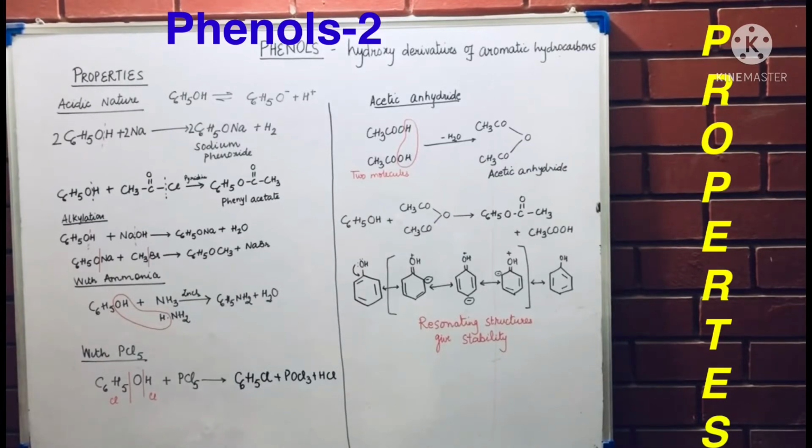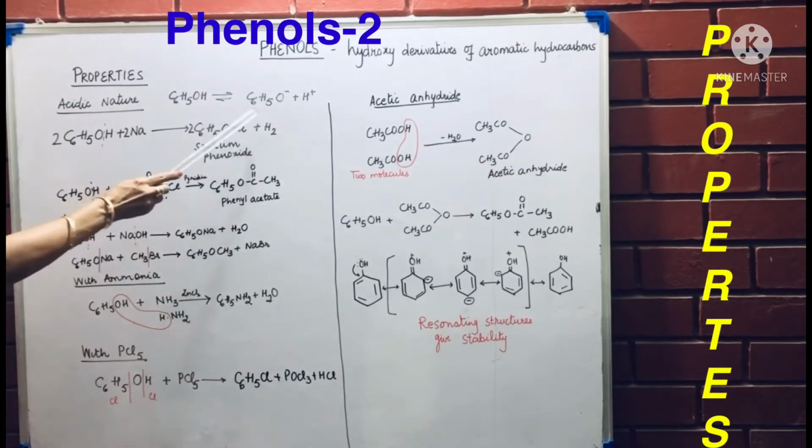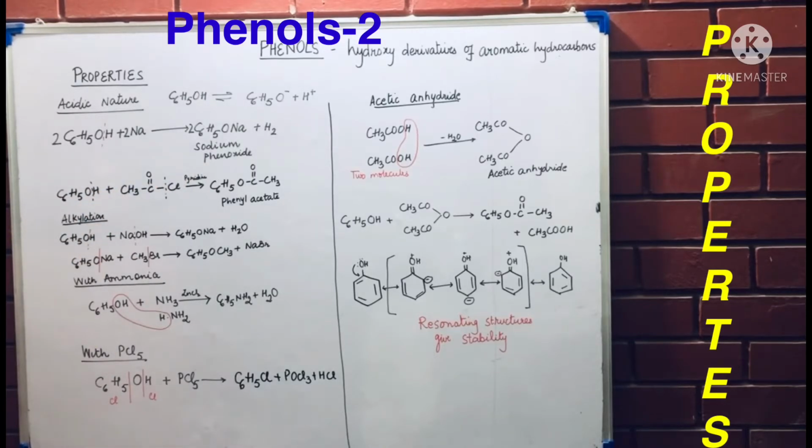Now look at the properties of phenols. Properties of phenols are similar to alcohols because they also contain an OH group, and so they give out H plus ion showing acidic nature. The C6H5O part, which is the phenoxide part, is more stable. So this compound is more stable because of the phenoxide ion. So it becomes more acidic because H plus ions can easily go away, leaving behind this stable part.